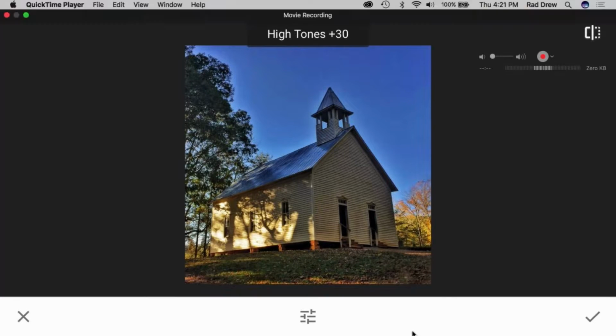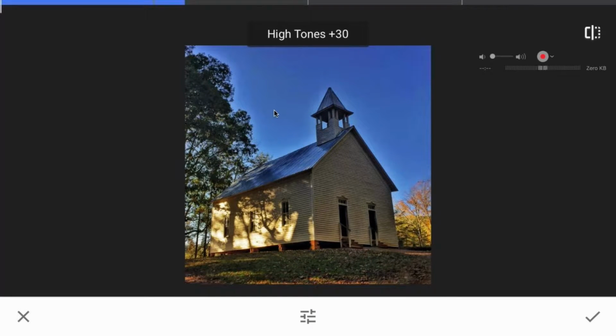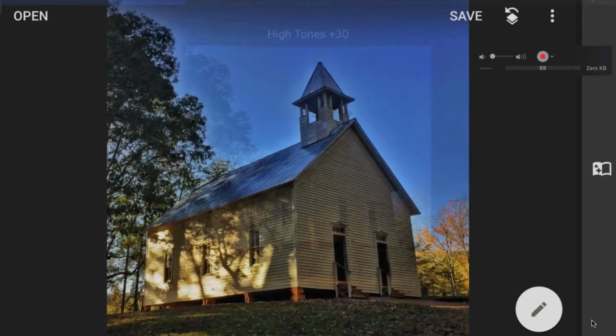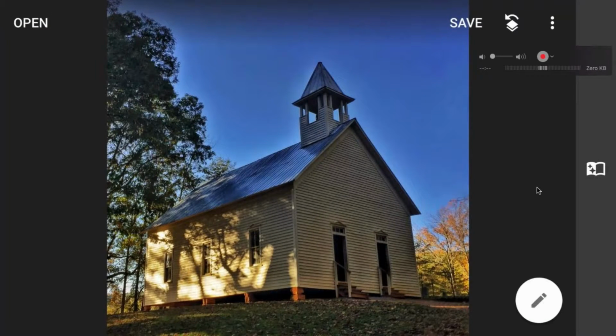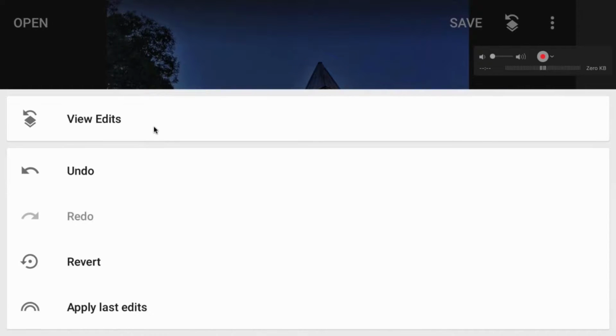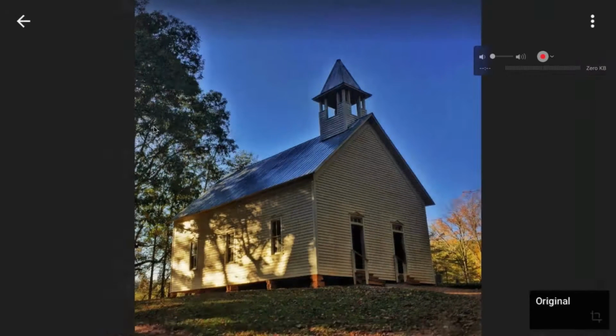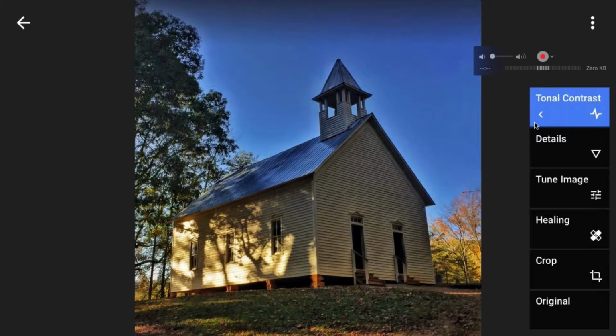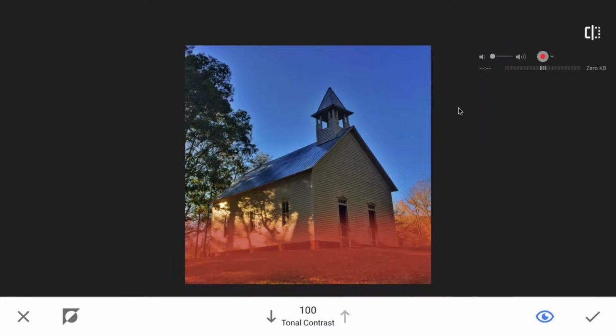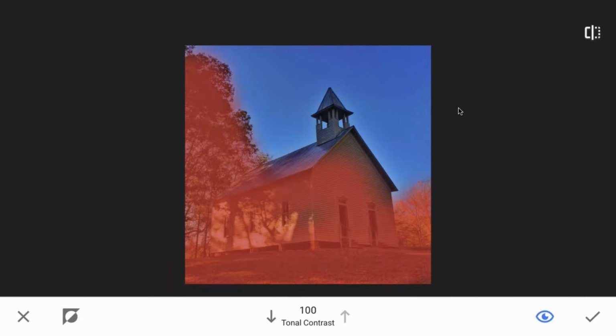I kind of like what's happening in the church, but I don't like what's going on in the sky. So I'm going to say OK to that change, and just like we did before, I'm going to go up to the stacks. I'm going to go to my edits. I'm going to go to the tonal contrast arrow, and I'm going to select the brush. And once again, I'm going to mask in this area where I want the tonal contrast to be applied,